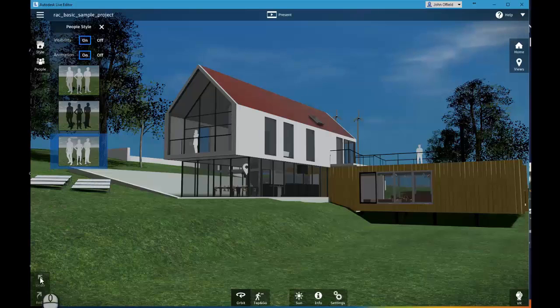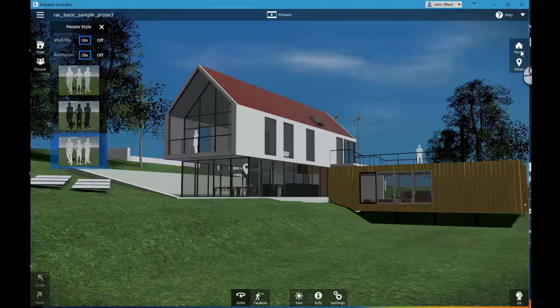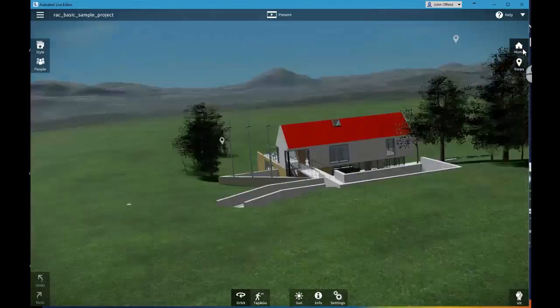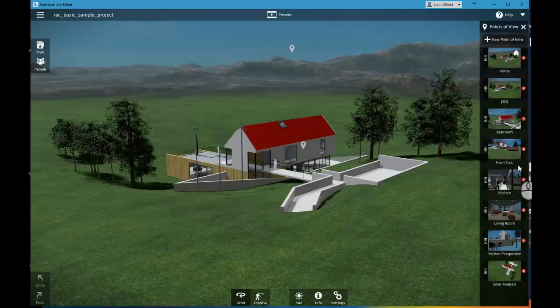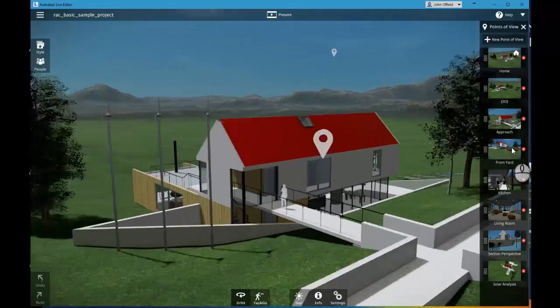Now, below you also have undo and redo arrows. Just like if you were to actually move something or put something in there, you can undo and redo your commands as well. It's not just a viewer. Over on the top right, you have a home view button and also additional views that you would have within your Revit model. So if we take a look at some of these,